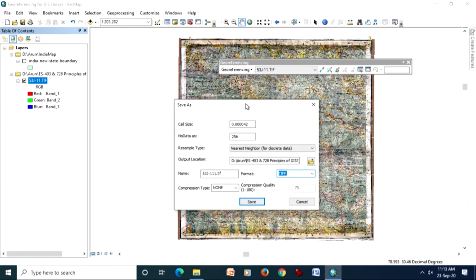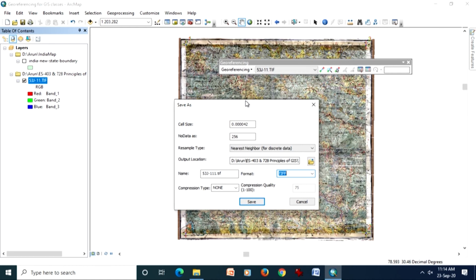So now it is giving me a few more options, like the first step was registration, the second step was finding the transformation function, choosing an appropriate polynomial order. So just for simplicity in this demonstration I kept only up to first order of polynomial. That means I am transforming this topo sheet image from geometric domain to geographic domain using just 4 corner coordinates, because I am having more confidence in my GCP. So I can go for the next step without much problem.